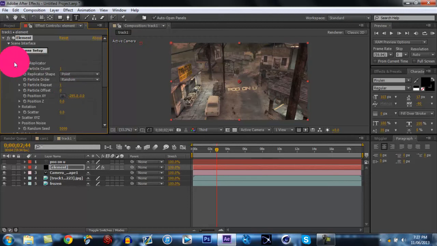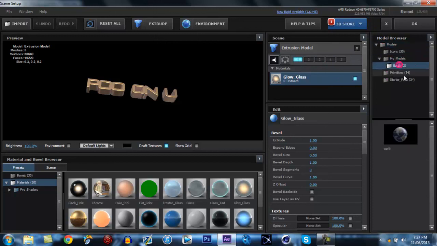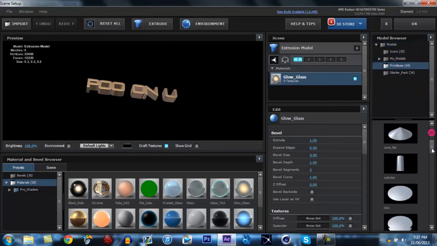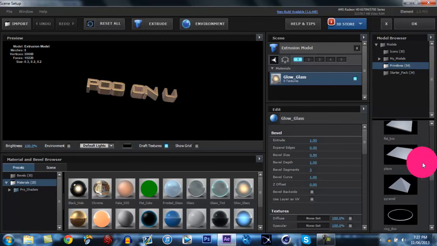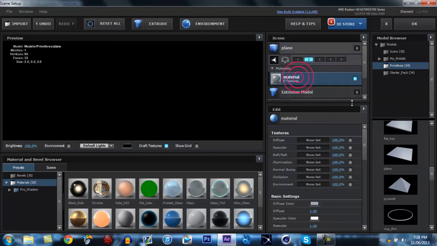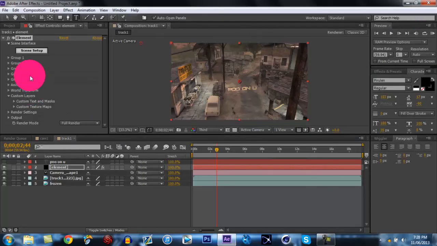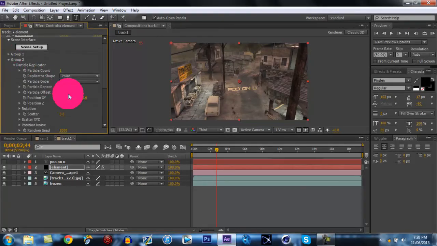and then we're going to close that. Go back to scene setup, go to primitives, and grab a plane. Okay, and once the plane is on group 2, click on material, scroll down, change it to a matte shadow, and turn the AO amount all the way up. Click OK, go to group 2, particle replicator, change the things to 0, 0, close that,